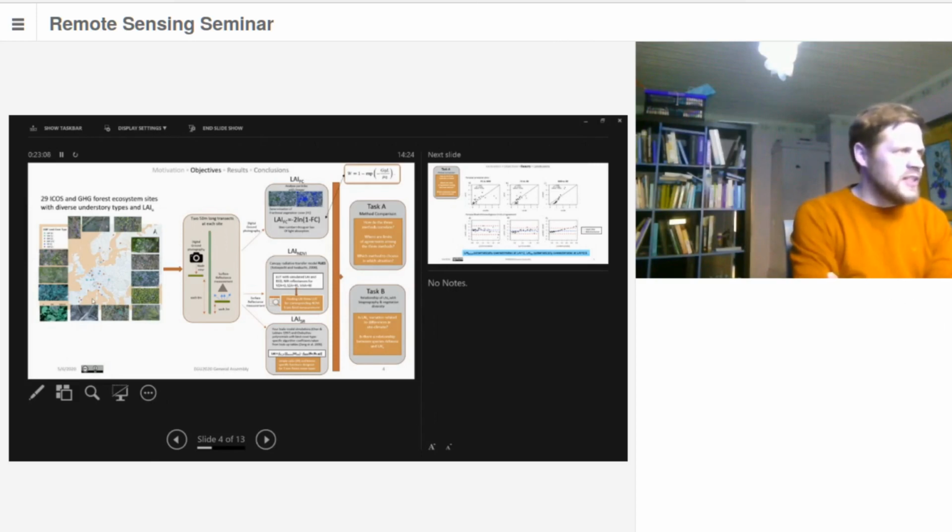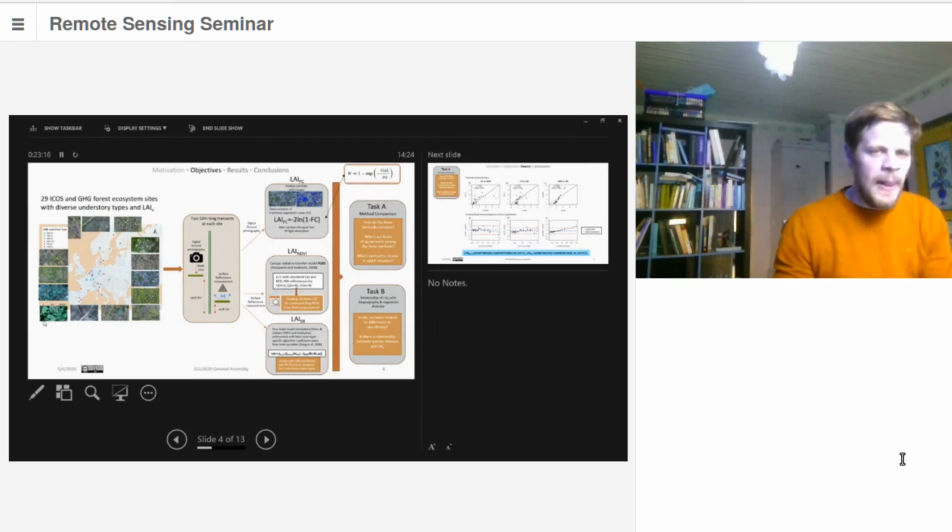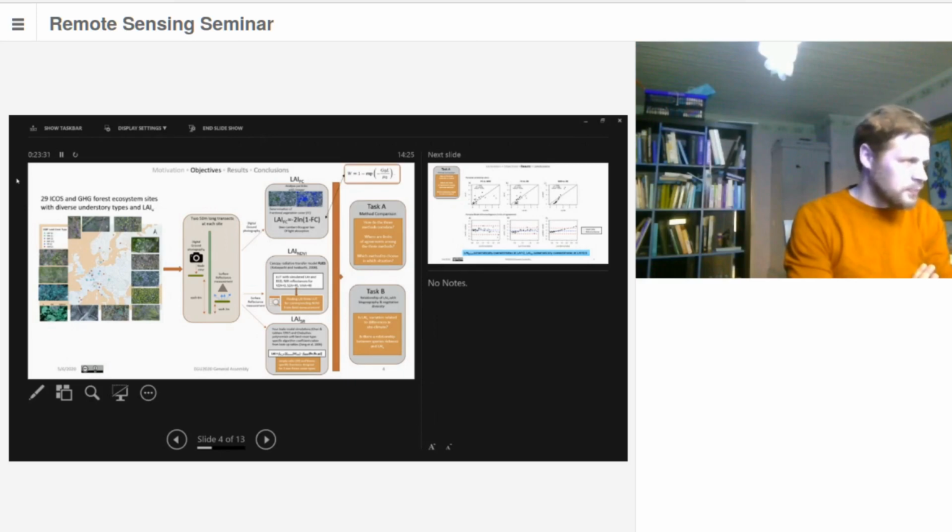And what you can see easily, I included some of the pictures of the understories here. So of course we have chosen these 29 ICOS sites in order to capture most variation, geographically, in understory leaf area index that we can get. So you can see actually that the leaf area index among these ICOS towers differ a lot in abundance, in texture, and so on. So this was the reason why we did that.